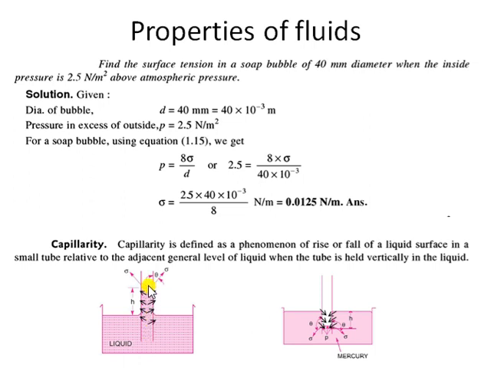This rise of the fluid in the tube is called capillarity rise. But in the same case, let's say this is the general level of the liquid, and the liquid in this case is mercury. Mercury shows a special phenomenon where it shows capillarity fall. This is the general level of mercury. Now when you insert a tube in this container, the mercury will fall from the general level in the tube. This fall of mercury in the tube is called capillarity fall or capillarity depression. So this is capillarity rise and this is capillarity fall. This is about the definition.